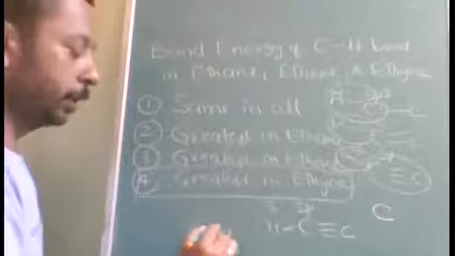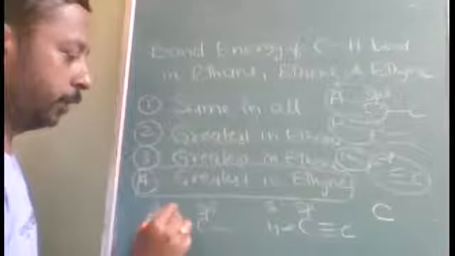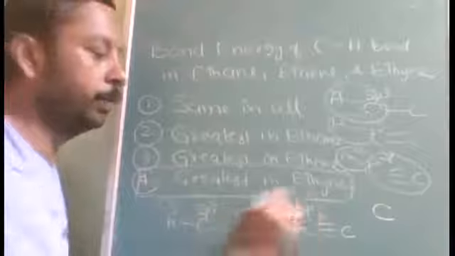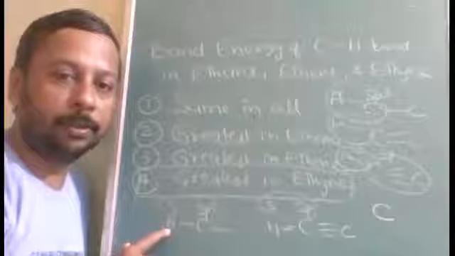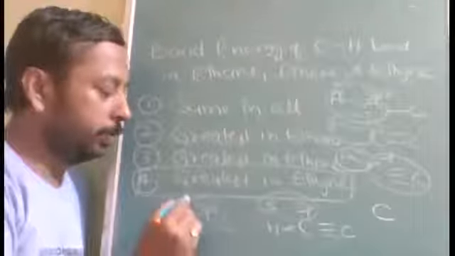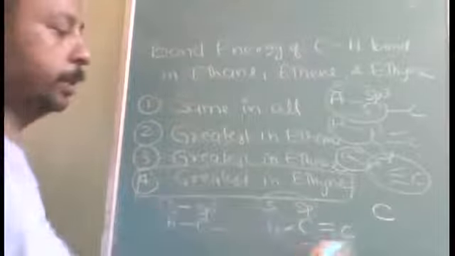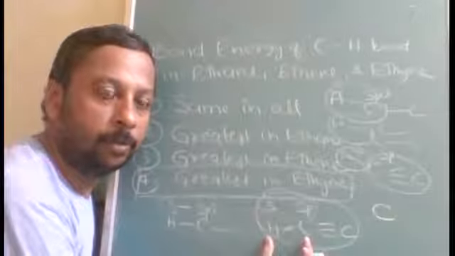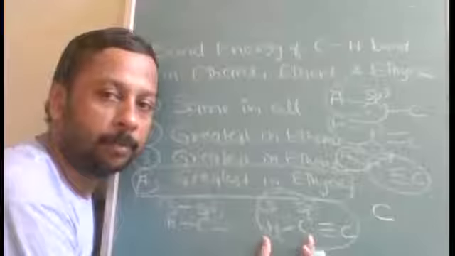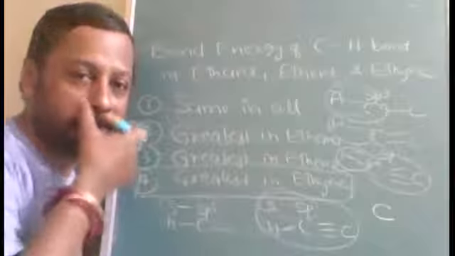Whereas in ethane, it is a single bond. Therefore, it will be sp3 and hydrogen s. So now tell me where the bond length will be maximum. Bond length will be maximum in A, that is ethane. Okay. Bond length is maximum, so bond energy will be lowest in ethane, and bond energy will be highest in ethyne. Not because of the triple bond, it is because of the small bond length. sp hybridized provides only a small hybrid orbital. The hybrid orbital is small, bond length will be small, so bond energy will be highest. So the answer to this question is fourth.